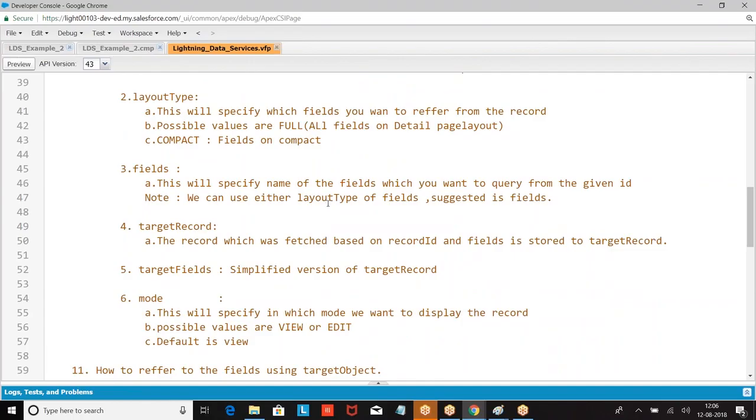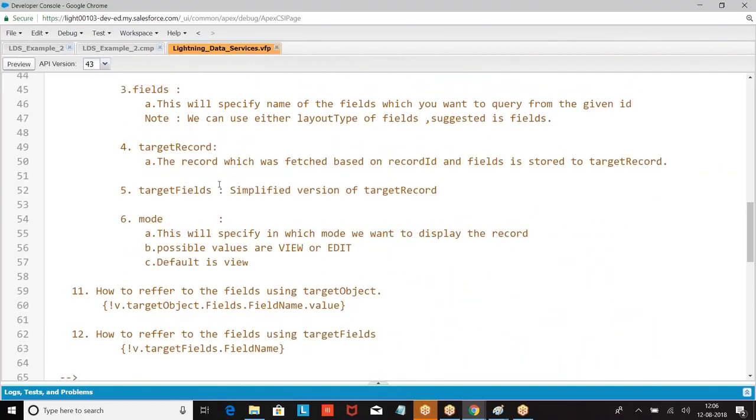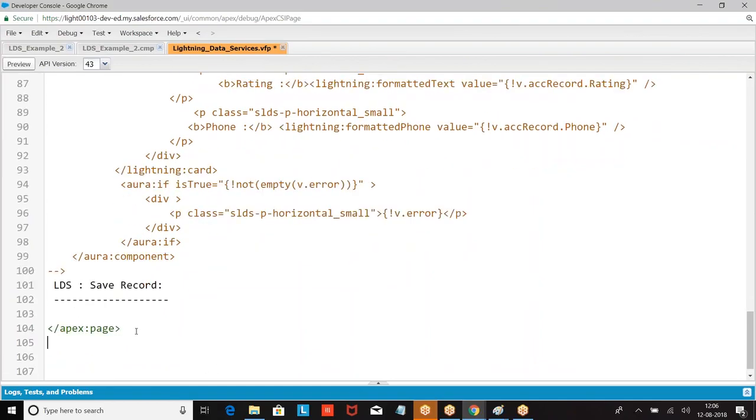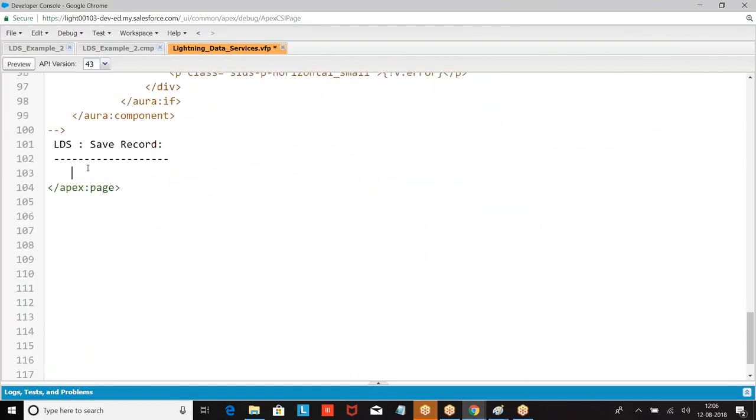So if you want to save the record, we are supposed to understand some of the functionalities given by the LDS. In the LDS, we have a standard functionality. What was that? Save record. Let us look at the save record.